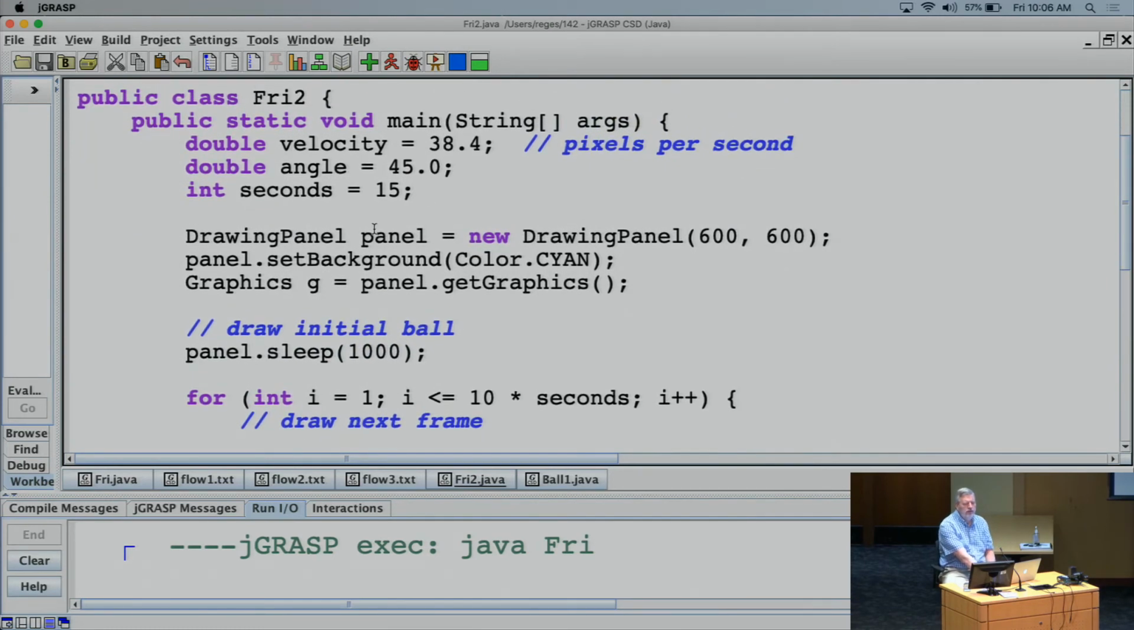I've set up some variables: velocity, angle, and seconds. I'm setting up a drawing panel that's 600 by 600. The idea is that I want to simulate having a ball that's moving around within this drawing panel. So I want to place a ball at the exact center of this drawing panel, and I want it to be moving at a velocity of 38.4 pixels per second for 15 seconds and at an angle of 45